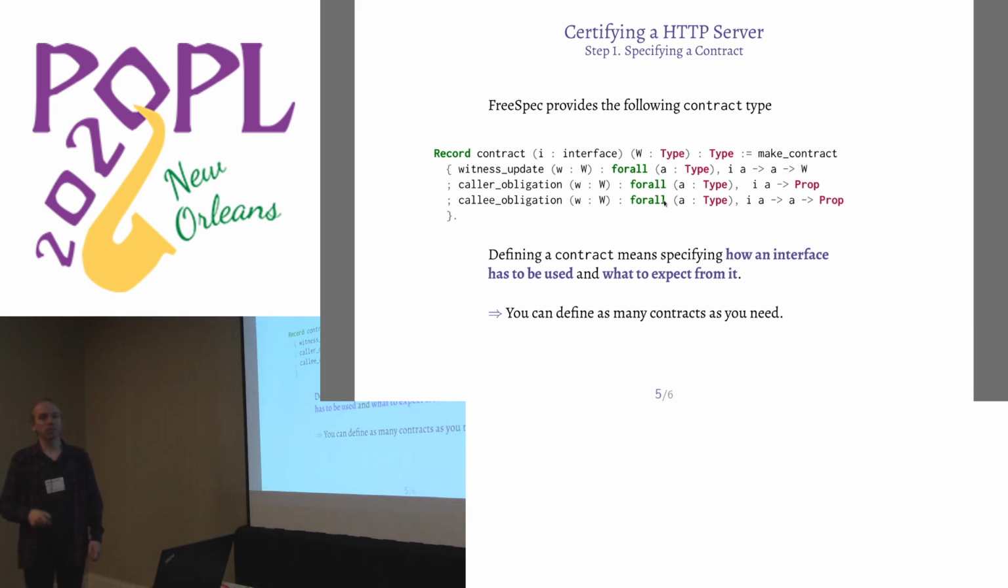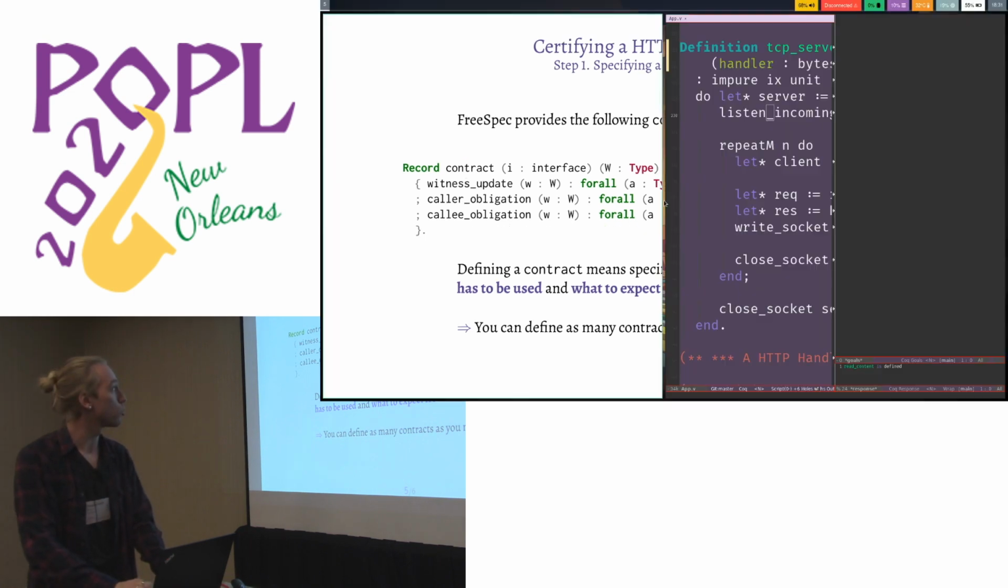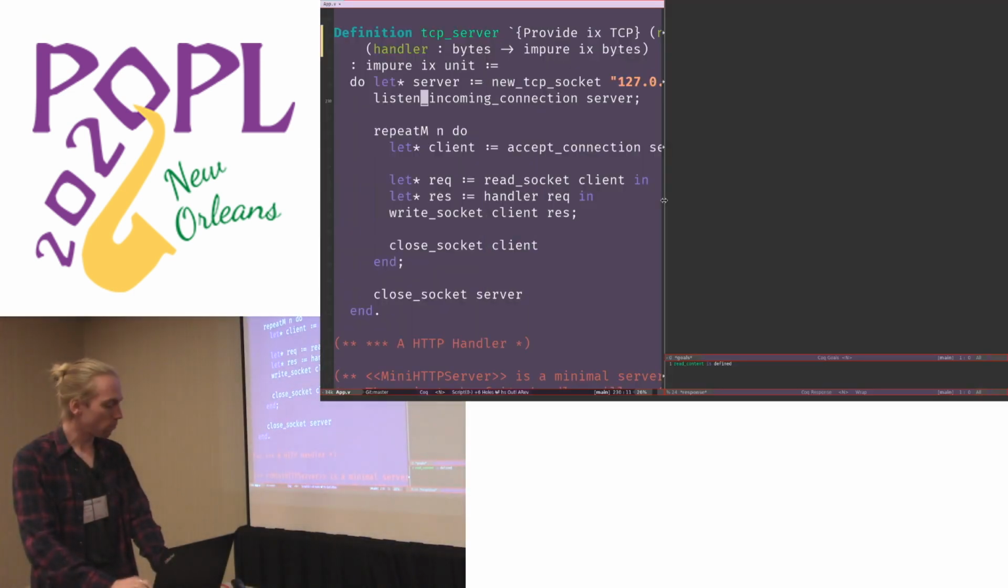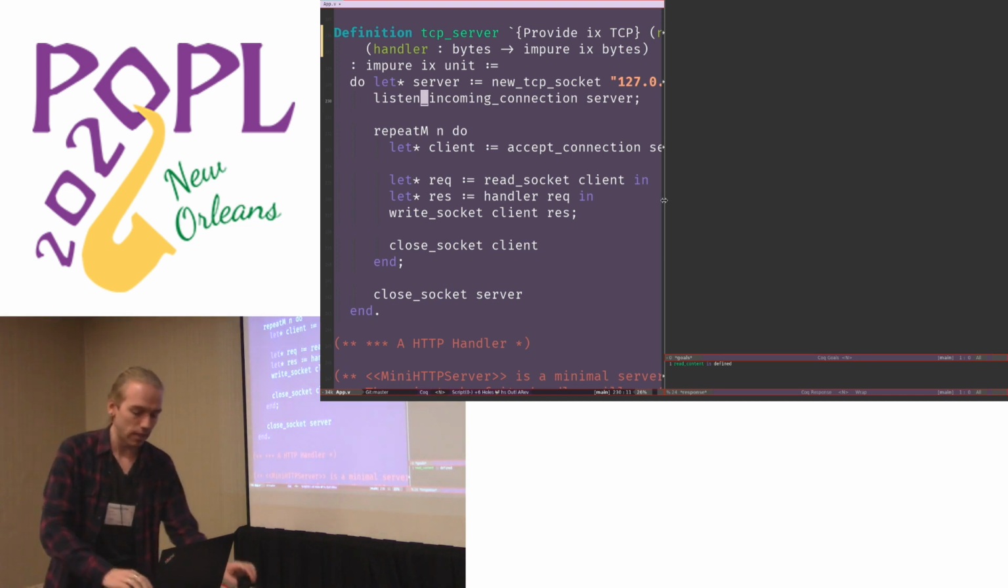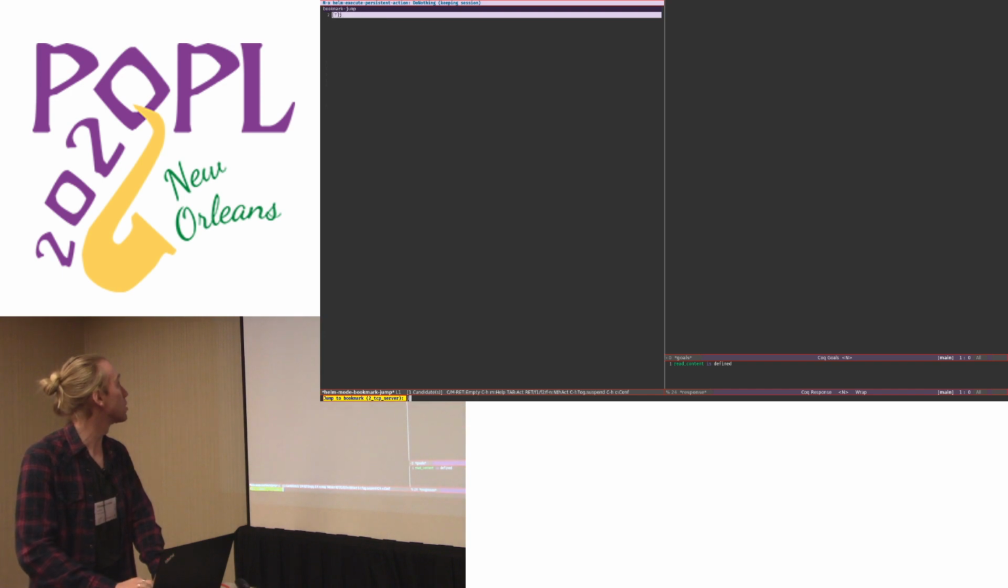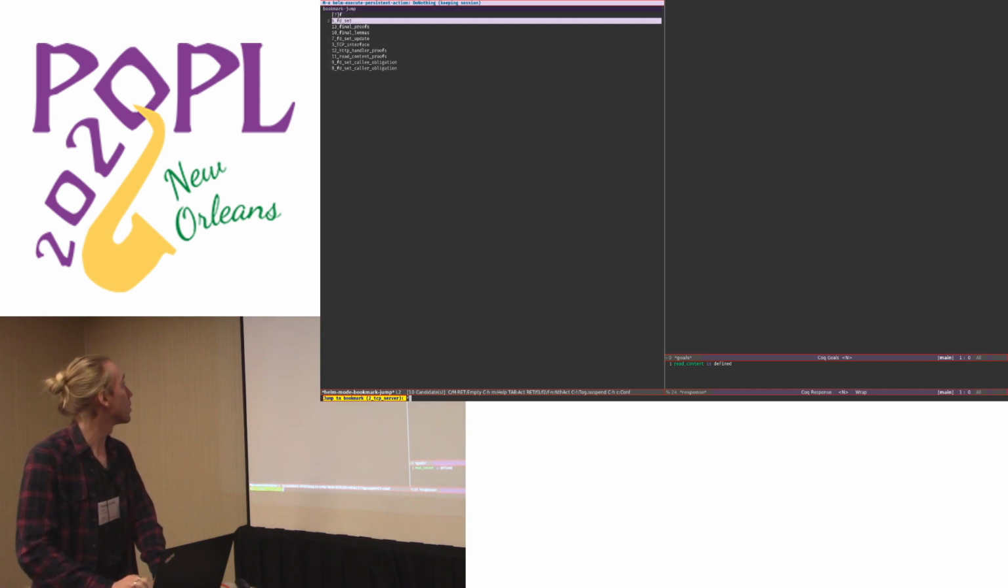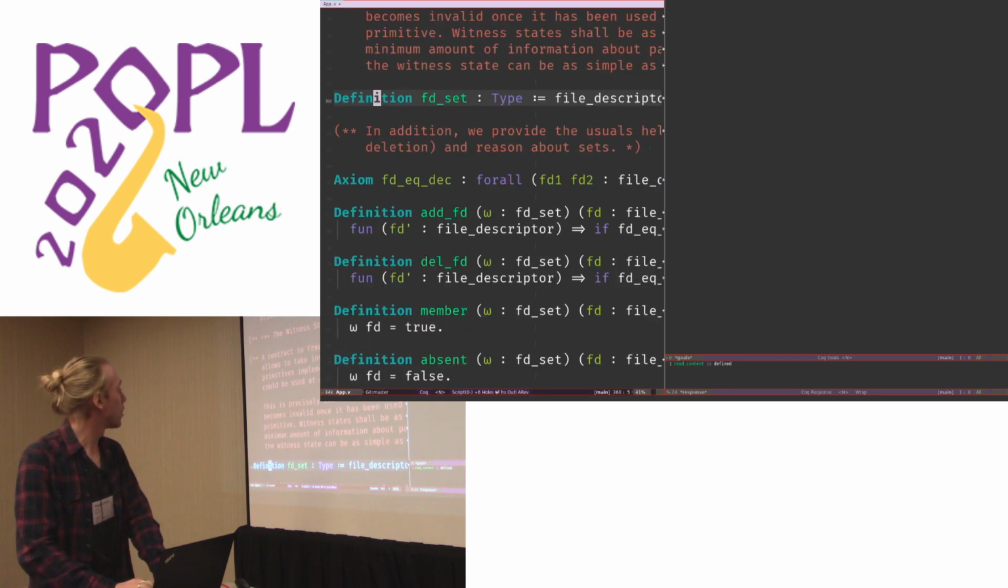In FreeSpec, users define contracts to specify how an interface shall be used and what to expect from an interface. So I will quickly show you how you can use this contract system to specify a contract for how to correctly use the file system. As I said, the first thing is to consider